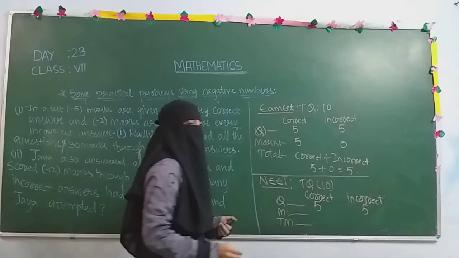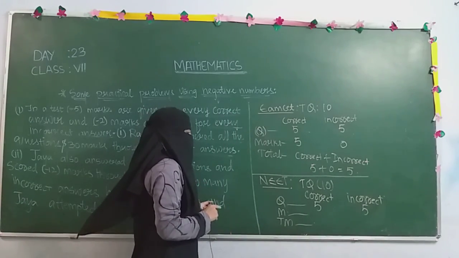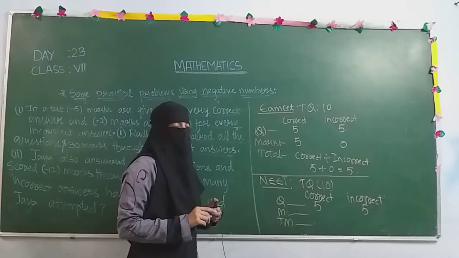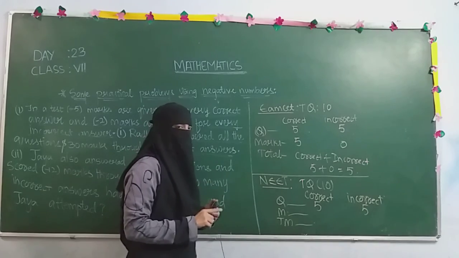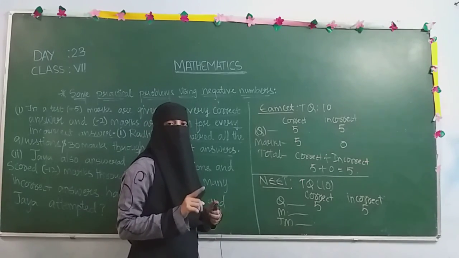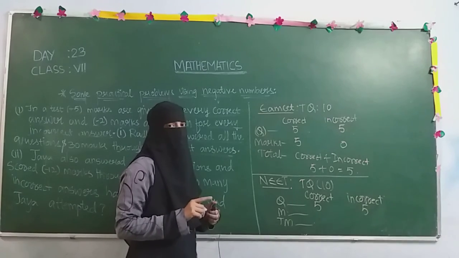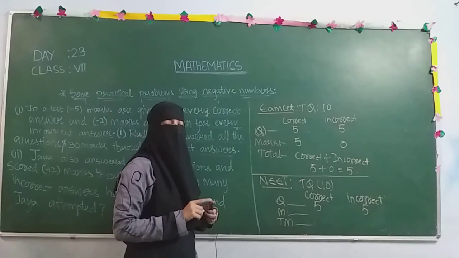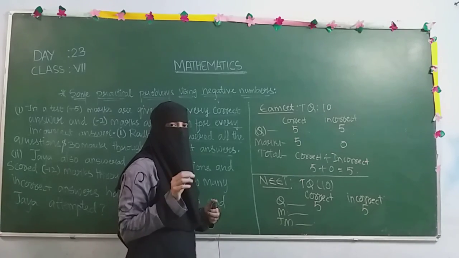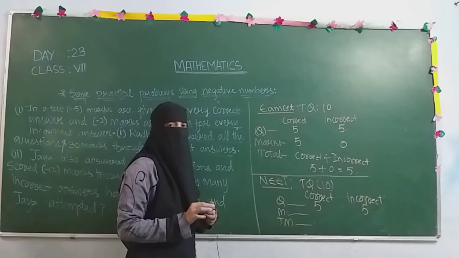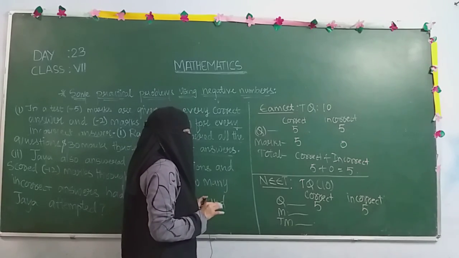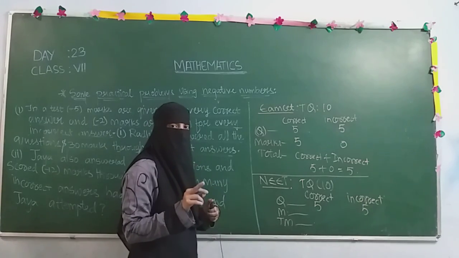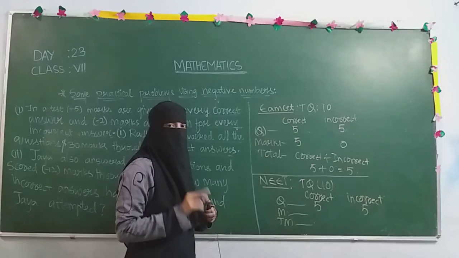But in case of NEET exam, there is a negative marking for incorrect answers as well. Suppose they are giving +1 marks to the correct answers, they are giving -1 to the incorrect answers. Whereas in case of EAMCET, you are having 0 marks for incorrect, means whatever you have written for this, surely you will get the marks. But for NEET, you are having the negative marking system, that is, you are having -1 marks for incorrect and +1 for correct.